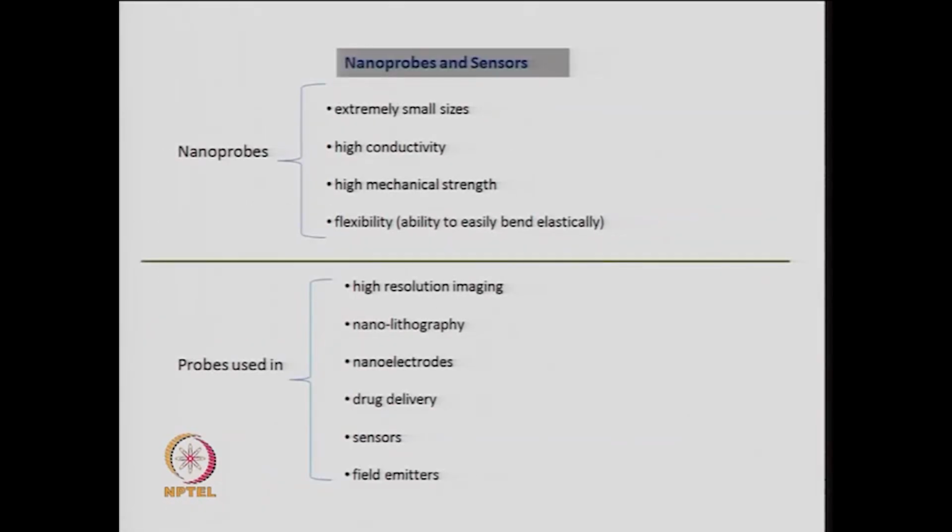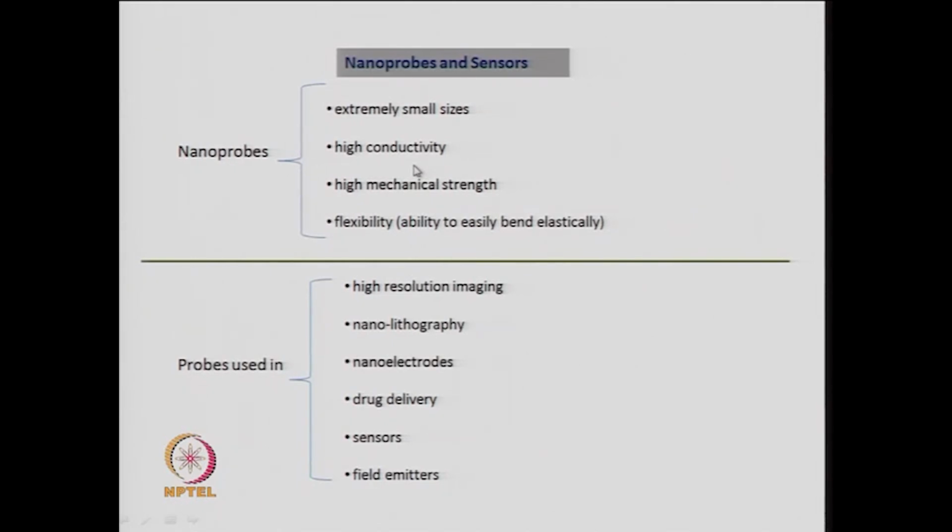Now, moving on from energy, what are the other applications of carbon nanotubes? They can be used as nanoprobes, because their diameters are in the nanometer size, and that extremely small size is one reason. Then they have high conductivity, depending on what kind of nanotube it is. You can have metallic conductivity, and those metallic conductivity nanotubes can be used as nanoprobes,